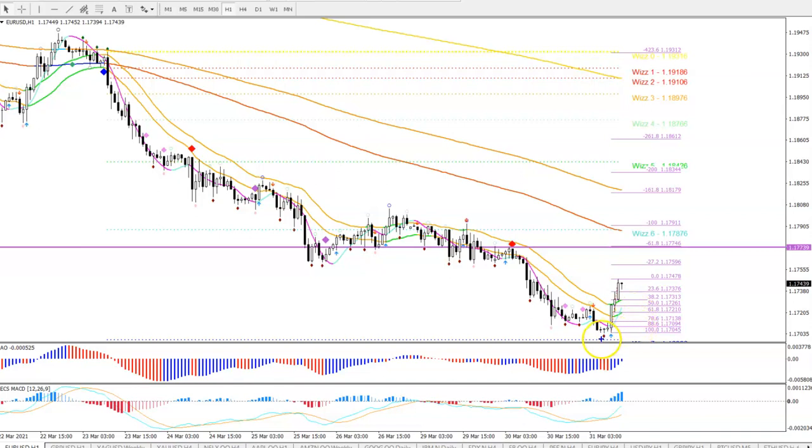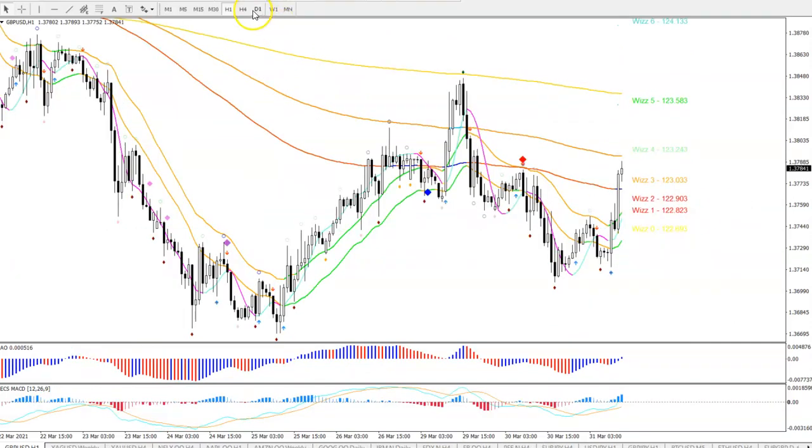What I don't think is that it will break below 1.1704. If it does that, that invalidates my bullish scenario. If it does make a pullback into the 50 fib, of course that's a nice discount, and I think it will make its way up to the minus 61.8 target, make a flag there probably, and then head towards the minus 61.8 target. All in all, though,